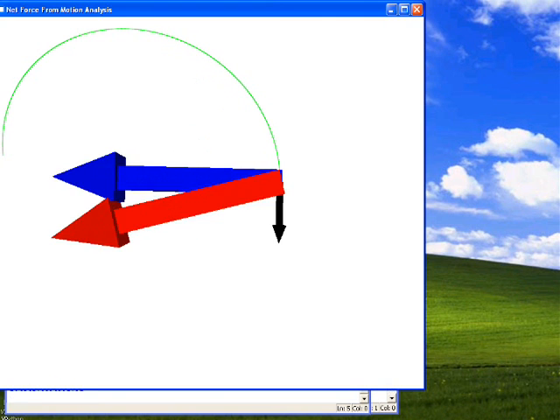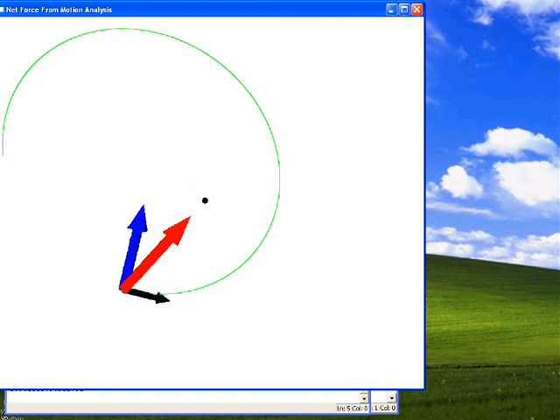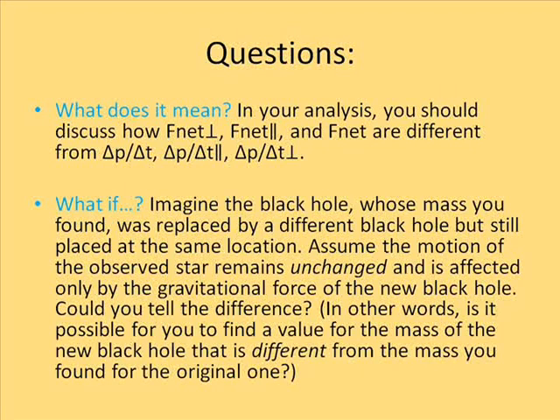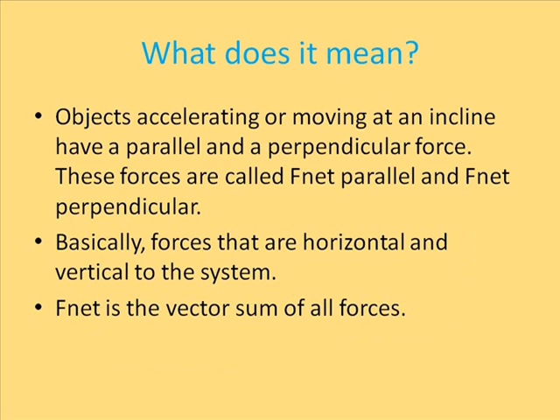Notice that as the arrows get closer to the black hole, the magnitude changes. This is because as they are nearer to the black hole, the pull is greater than when the star is far. Now for the questions. What does it mean? This means that there are different forces acting on the object. When objects or systems are moving at an angle or incline, we have to consider the perpendicular and parallel forces